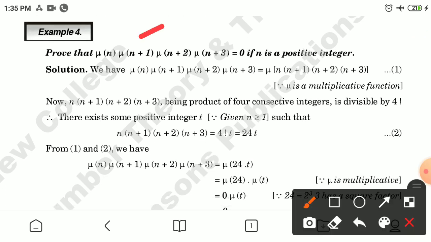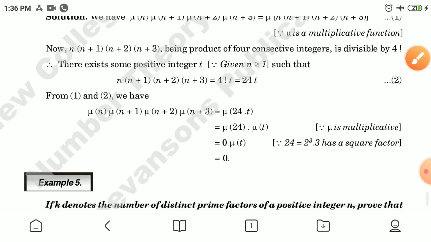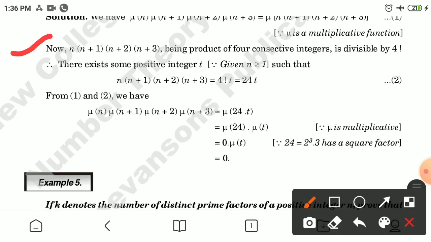Example number four: prove that μ(n)μ(n+1)μ(n+2)μ(n+3) is equal to 0 if n is a positive integer. Now we have μ(n)·μ(n+1)·μ(n+2)·μ(n+3) is equal to μ of n(n+1)(n+2)(n+3), marking this as number 1, since μ is a multiplicative function. Now n(n+1)(n+2)(n+3) being the product of 4